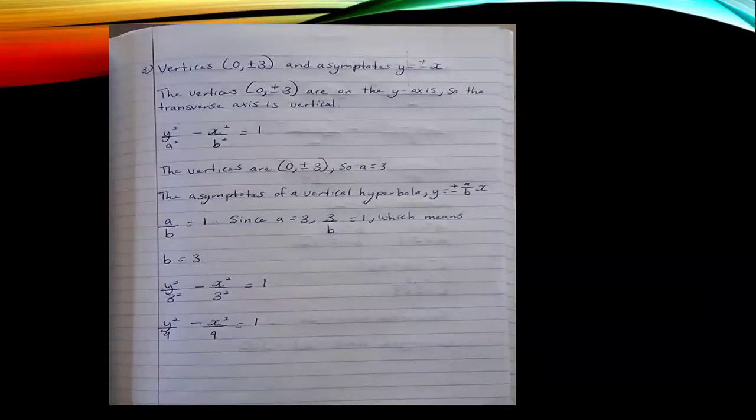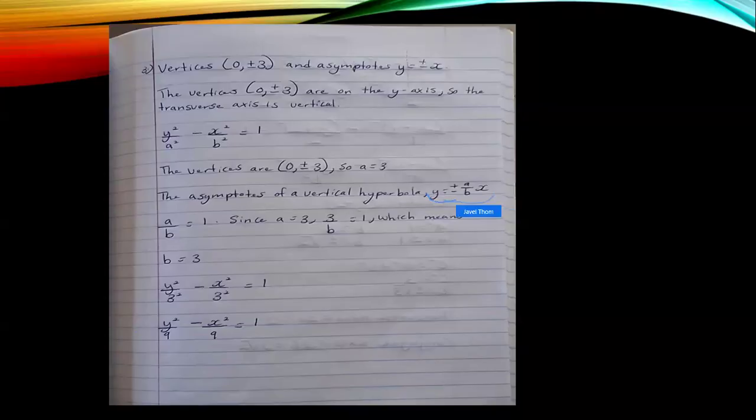Now we are given one where we have the vertices and the asymptotes. But if you look here, you will see the value for vertices, it's in the y place, so that's y. This is our y value. So y should be in front now. Alright? So we have y squared divided by a squared subtract x squared divided by b squared equal 1. The vertices, so we know that our a value is 3, and our asymptotes, this is going to be